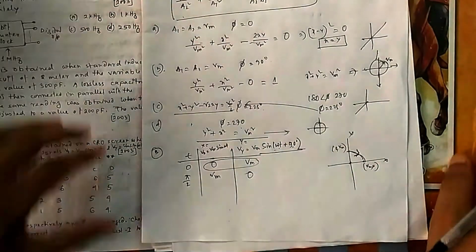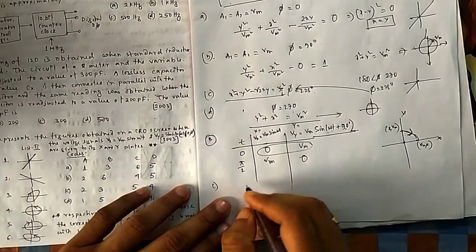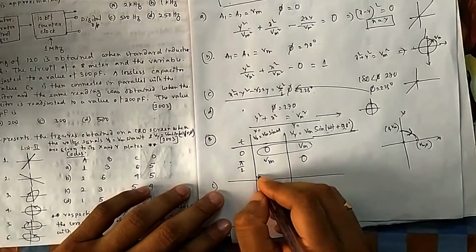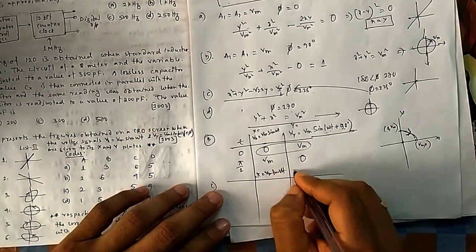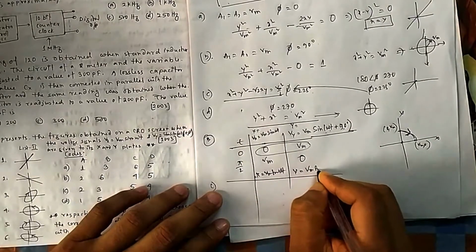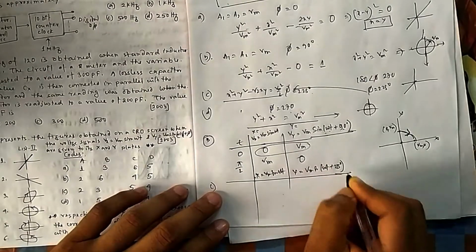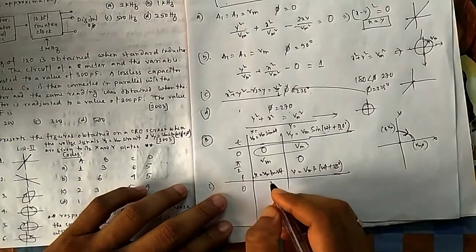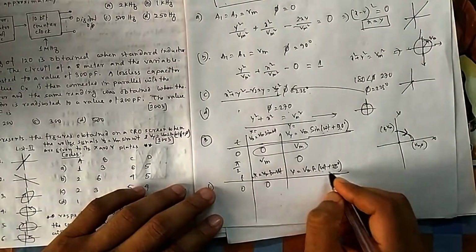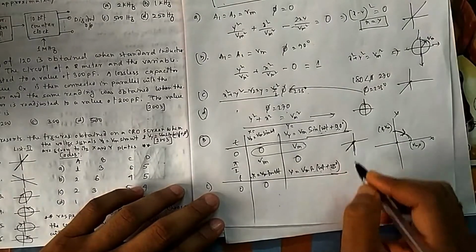Similarly you can do it for D also, but let me show you for C. So C, again T is this one. Again, what is your x? x is equal to Vm sin omega t, same sin omega t, and what is your y? Vm sin omega t plus 225. Let us take 225, because 225 is a standard value that we can calculate. So at t equal to 0, x will be 0. If it is 0, then 225. 225 is in this quadrant. You remember this is your 225.